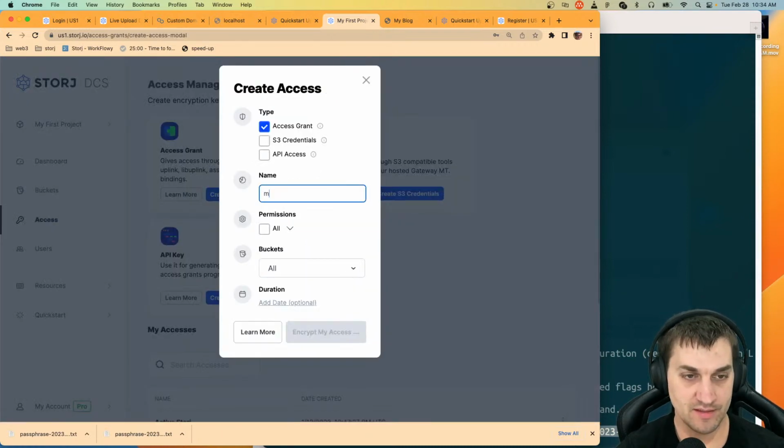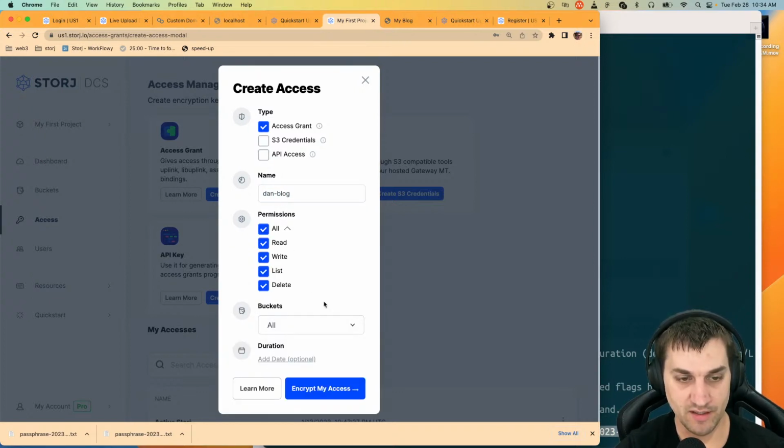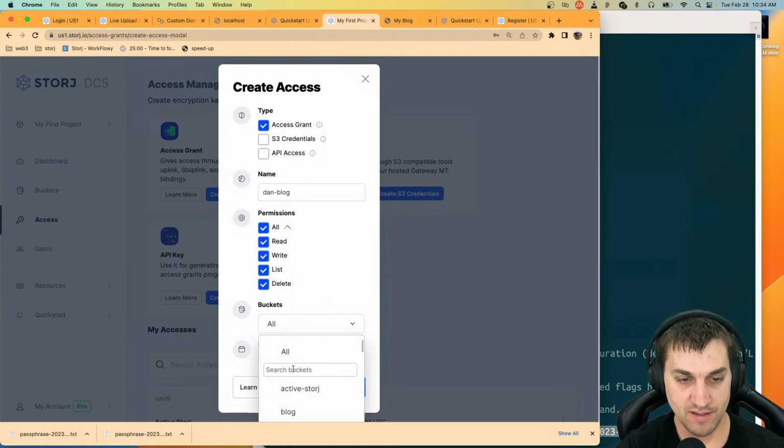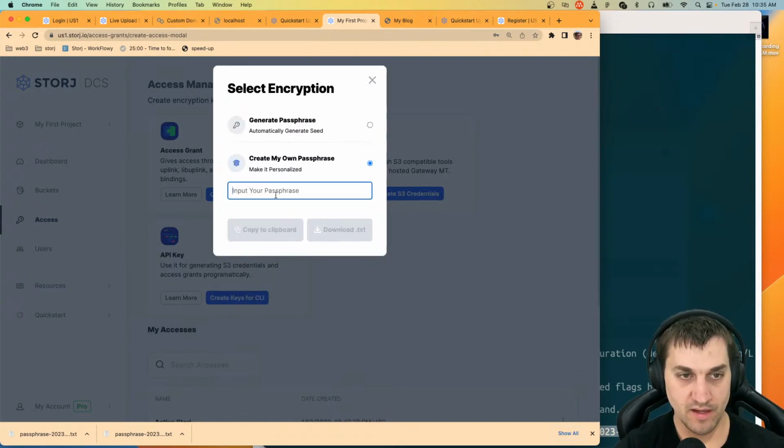So I'm going to create this. We'll call it the same thing, Dan blog. Let's give all permissions. You can limit this depending on your needs. I'm going to limit this access just to that bucket I just created, Dan blog. Now, you don't have to do that. I like to. And then this passphrase is for